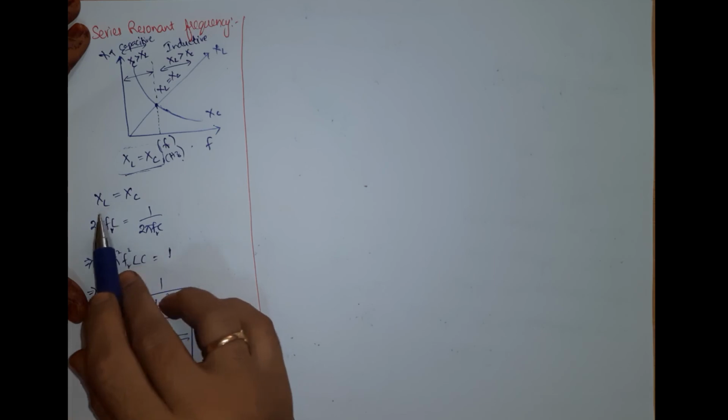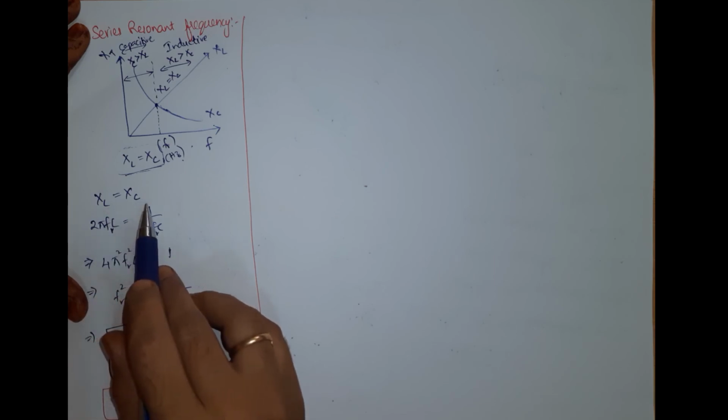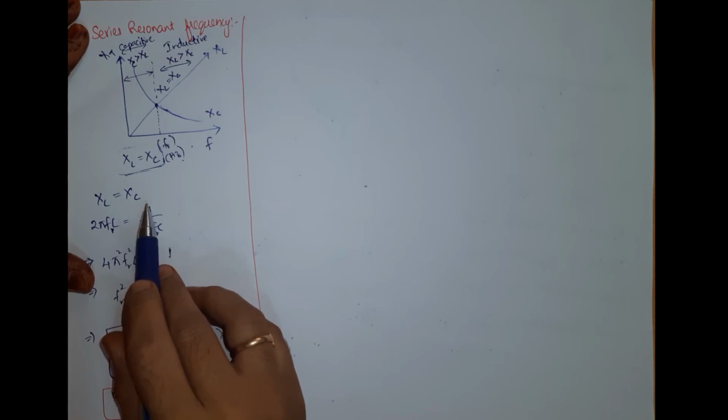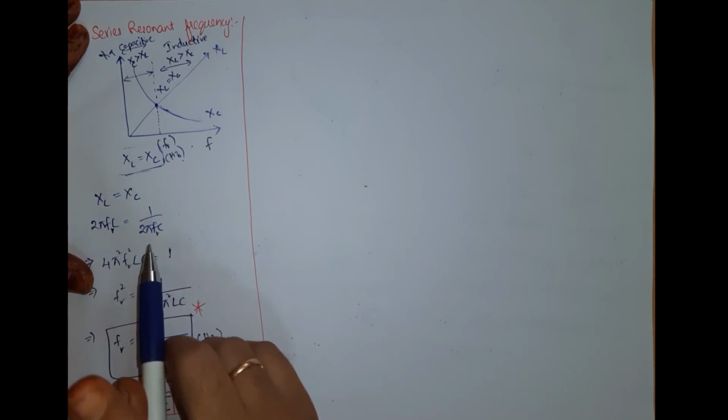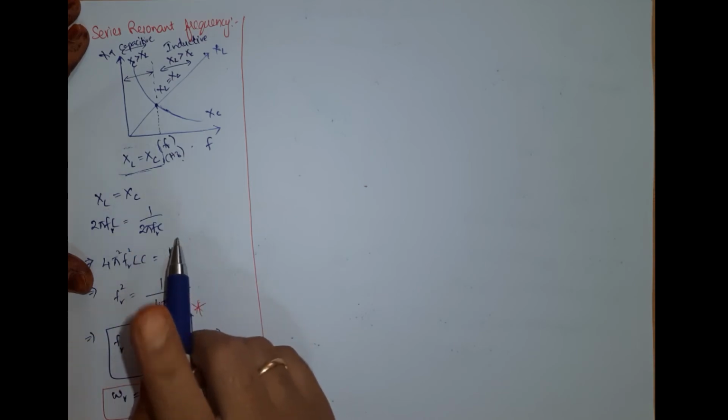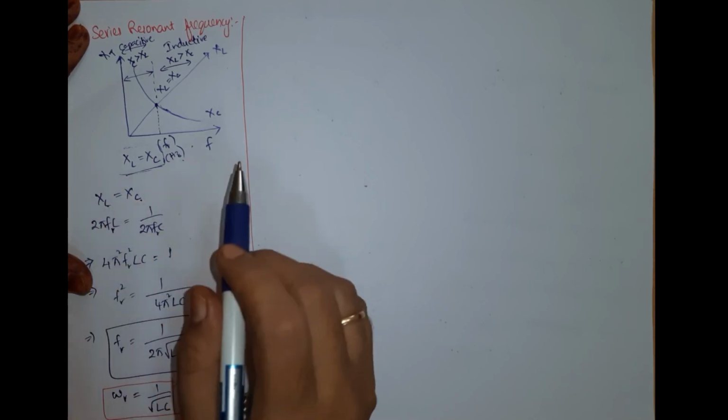Now, in complex form, we can see that at resonance, mathematically the two reactances cancel out each other as XL equals XC, so XL minus XC equals 0. This makes the series LC combination a short circuit, with the only opposition to the current flow in the series resonant circuit being resistance. So the opposition provided by the inductance and capacitance cancel each other out.